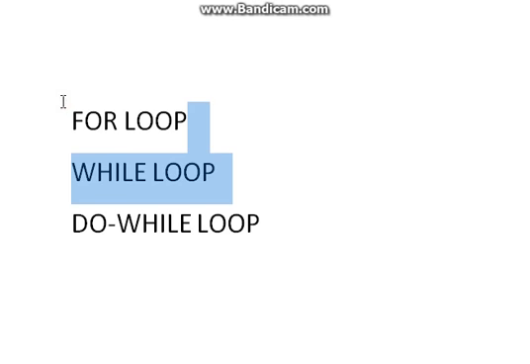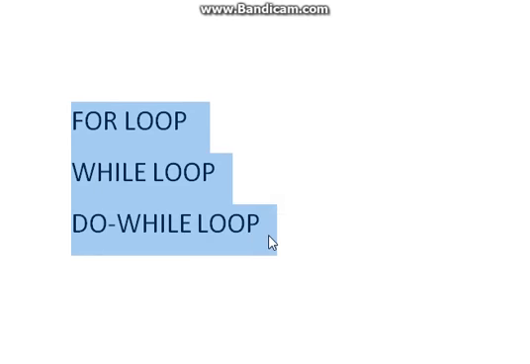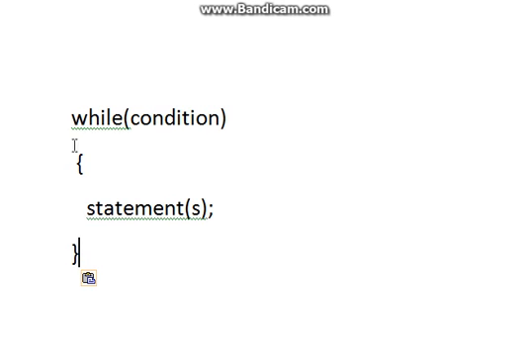First of all, we will see the syntax of the while loop, and after that its implementation. This is the syntax of the while loop. In the first line, we use the keyword while, and inside the brackets we use a condition. The condition may be any expression, as suppose n must be larger than 10, or character must be equal to 'a'. Any type of expression we can use inside the while loop. And when the loop starts, we write any statement that we want to execute whenever the condition is satisfied.